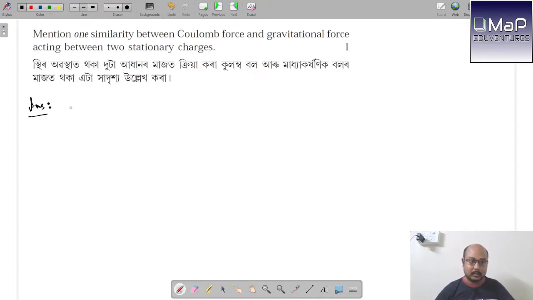Okay, so one similarity is that both the forces are inverse square forces. Also,